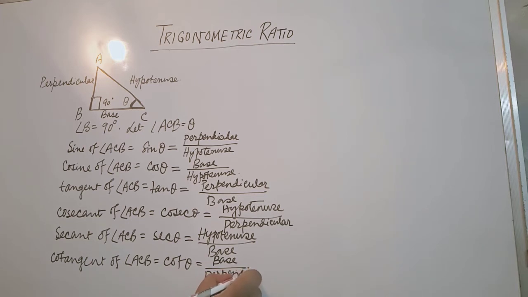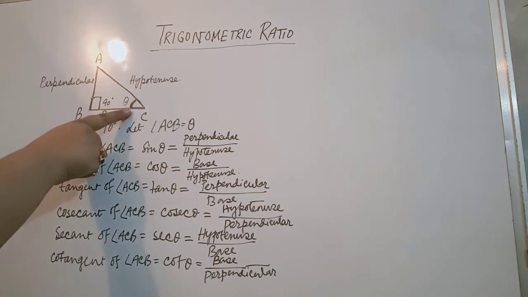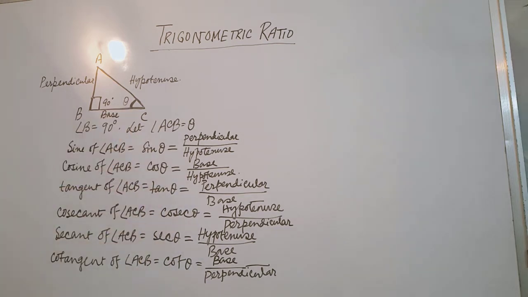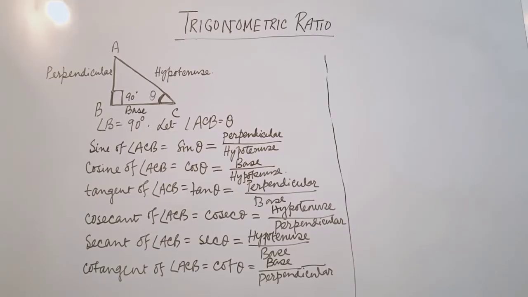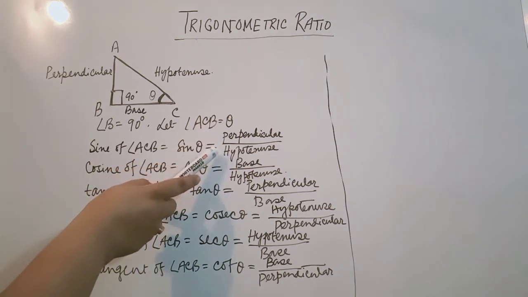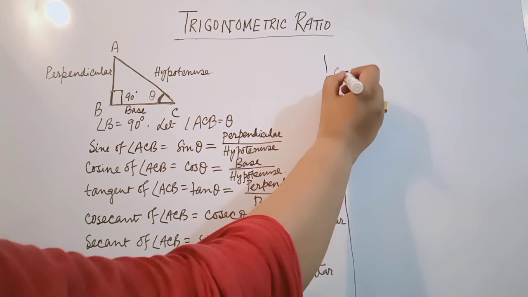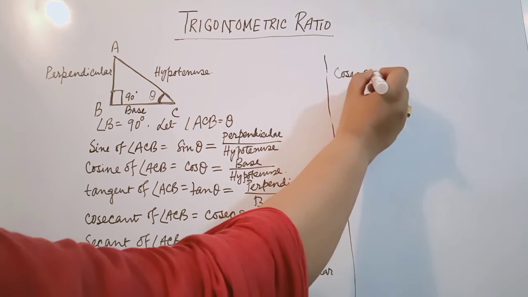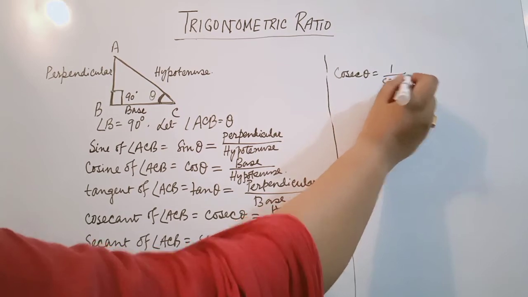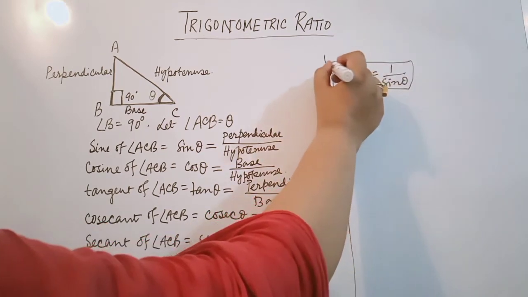So these are the trigonometric ratios, which represent one of the two acute angles of a right angle triangle in terms of the length of sides of this right angle triangle. Now let us consider the trigonometric ratios. Here we find sine theta equals perpendicular by hypotenuse. On the other hand, cosec theta equals hypotenuse by perpendicular. So it is clear that cosec theta is equal to 1 by sine theta. Very important relation in trigonometry.